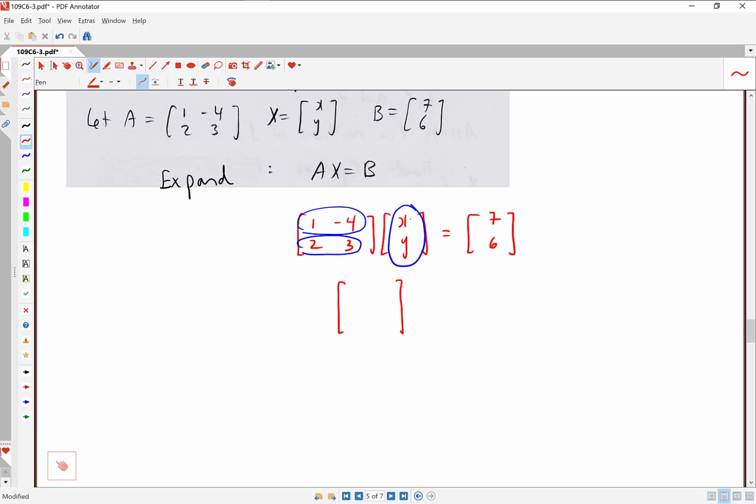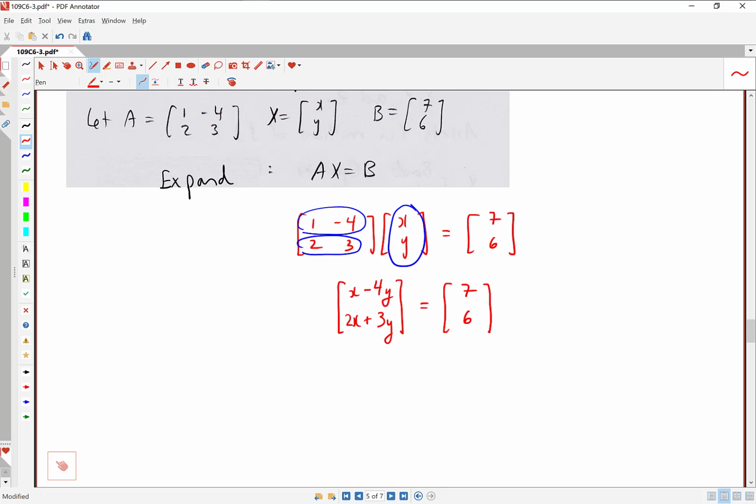We're supposed to go 1 times X plus -4 times Y. Okay, so we would just call that 1X minus 4Y. Often we don't write the leading one, so just X minus 4Y is a better way to say that. And for our bottom row, if we take the dot product of this with that, 2 times X plus the second product, which is 3 times Y. Okay, so that's what we get from doing the matrix multiplication on the left, and we're saying that's equal to